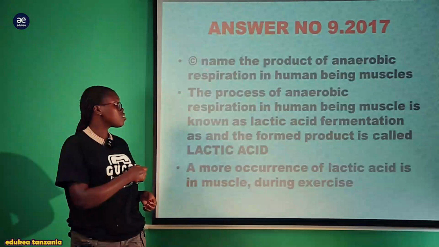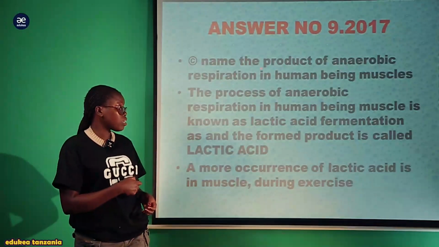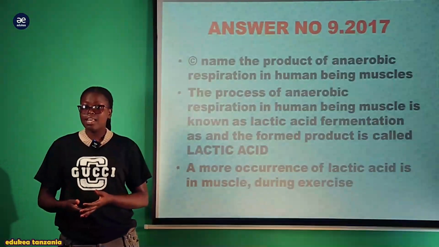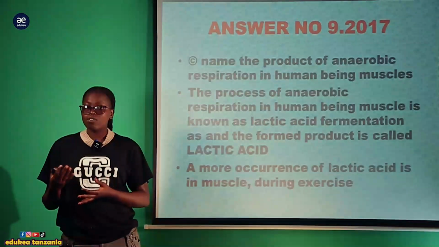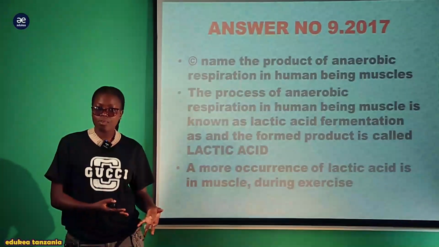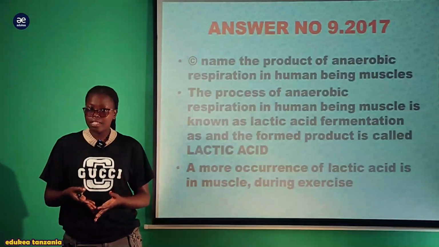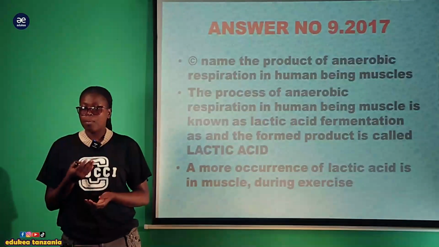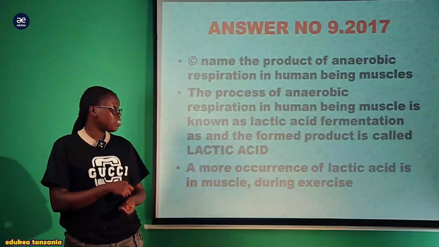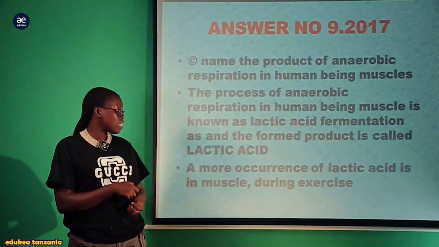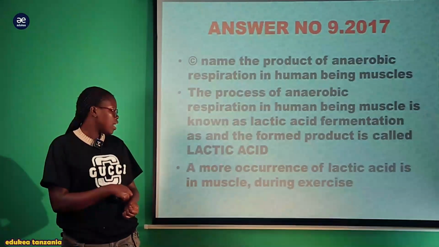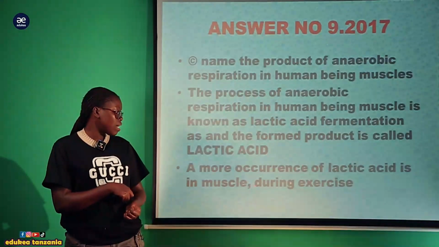Kwa hiyo jibu letu just in short tulikuwa tunasema kwamba the product of anaerobic respiration in human being muscles ni lactic acid, ambazo this lactic acid ikiaccumulate na ikatokea ile oxygen debt inapelekea muscle cramping. Unakuta mtu misuli imebana due to the excessive production of this lactic acid in the absence of oxygen, inapelekea misuli kubana. So the process of anaerobic respiration in human being muscle inaitwa lactic acid fermentation, and therefore the product ambayo inabi form ni lactic acid, and a more occurrence of lactic acid is in muscle, na sana sana